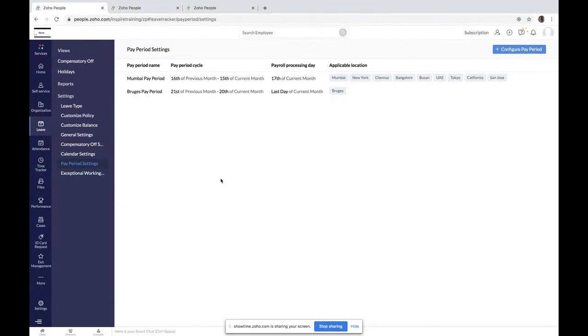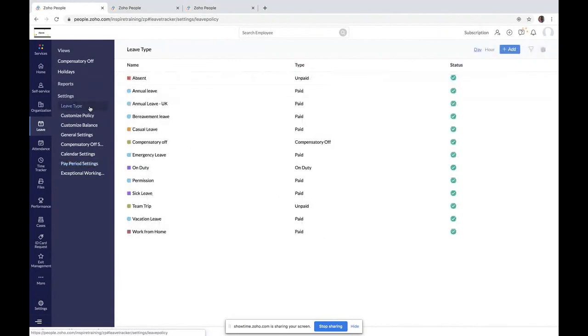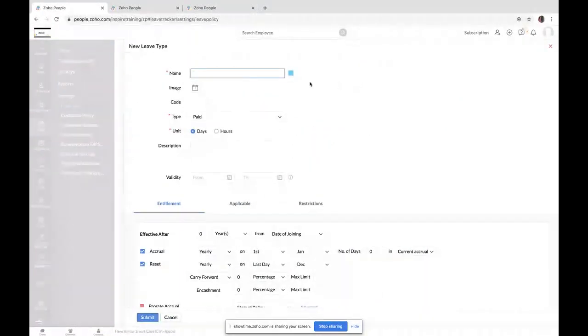And then moving to the general leave type configuration, you can define any number of leave types based on your company's leave policy. So you do have leave types based on days or hours. You can just give a leave type name, say annual leave, with a color coding in order to identify them in the reports and in the views. And you can give a respective image in order to see the same in the reports or in the views. You can define a code for each and every leave type.